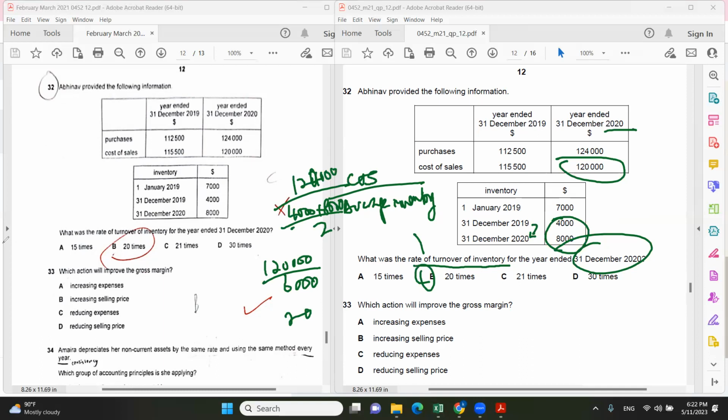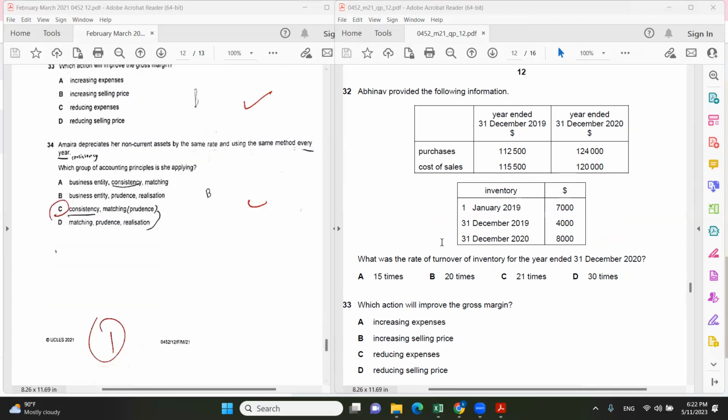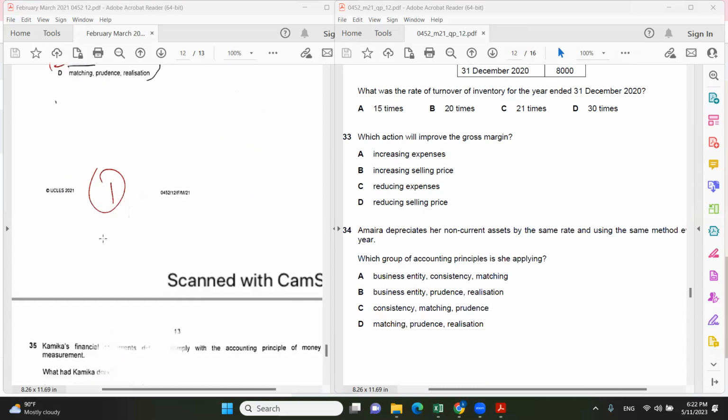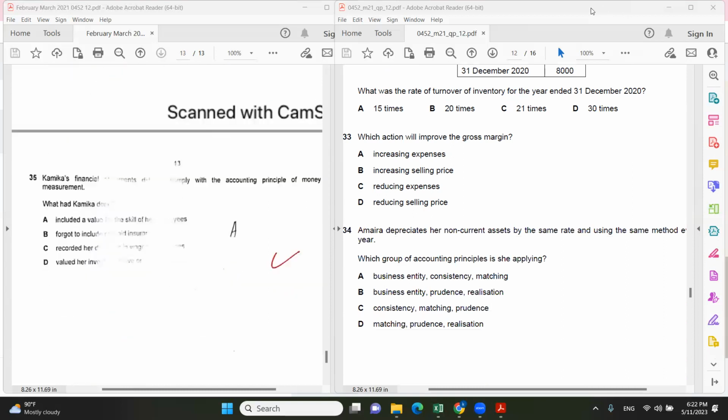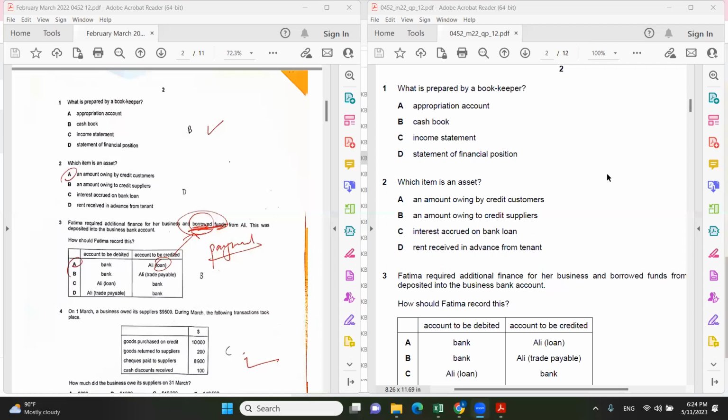Okay, next. Okay, that's all so far. Okay, let's see one by one. Question number 2. What is an asset? Asset is something that belongs to you. An amount owing by credit customer. Customer means trade receivable. Trade receivable is our asset. Okay, next is